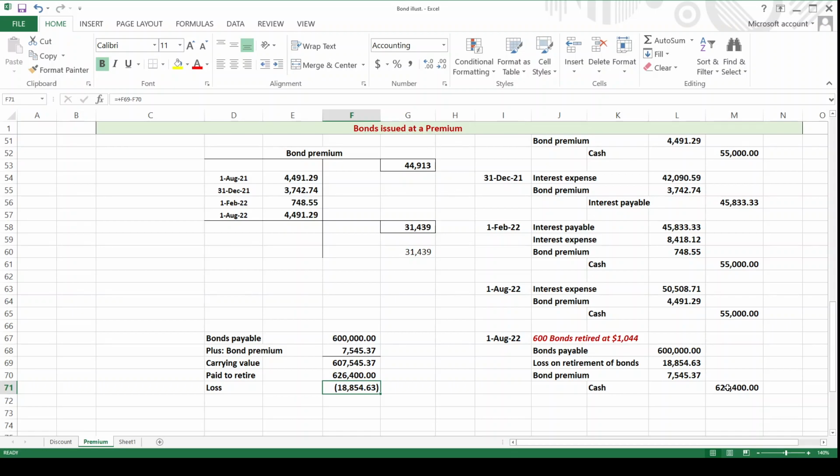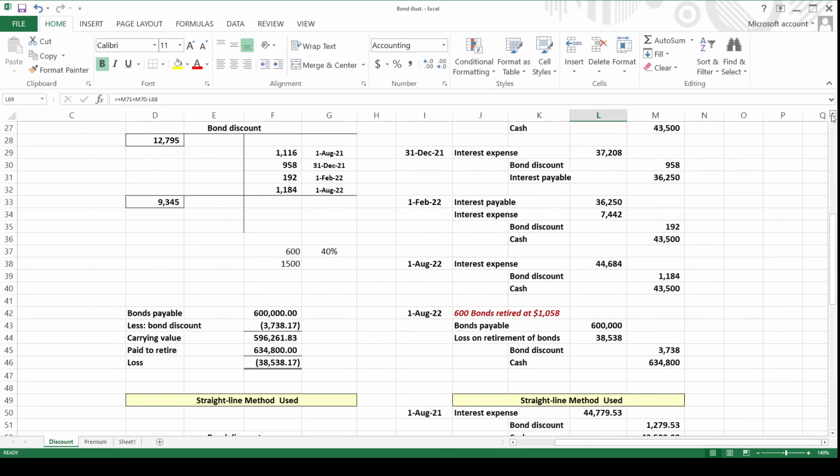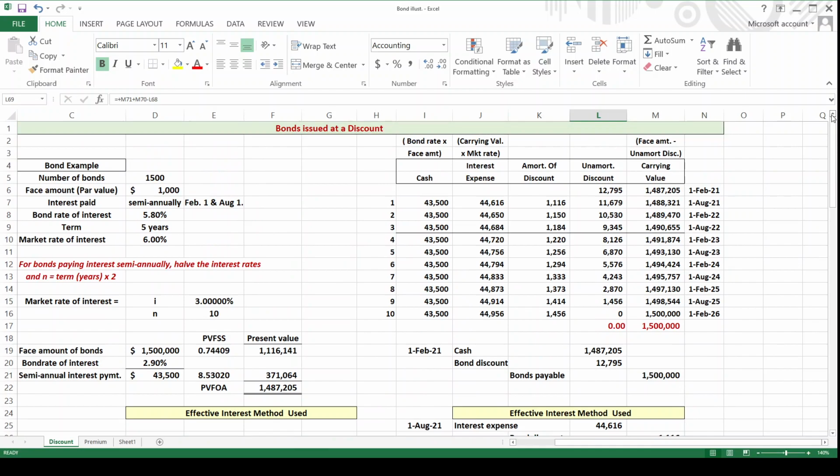Premium, discount. What's more common? Discount is much more common. Partial retirement of bonds, and that should be a pretty good foundation in order to do the problems which will be assigned,